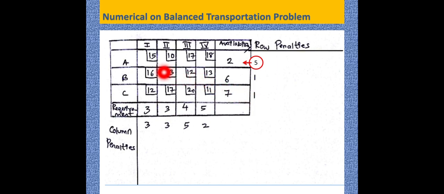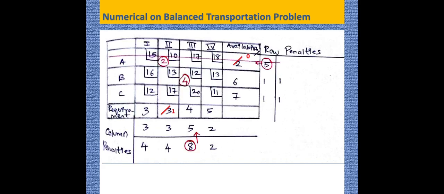So we need to allocate in the cell with cost 10. Here we need to compare requirement and availability, and whichever is least we allocate here. Comparing 2 and 3, we conclude that 2 is least. So we allocate 2 here. Later it has to be reduced from availability and requirement. So 2 minus 2 will be 0, 3 minus 2 is equal to 1. Since availability is satisfied, this particular row gets eliminated, so we strike off that row.